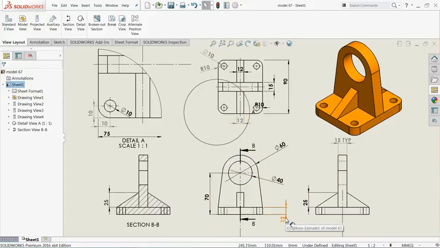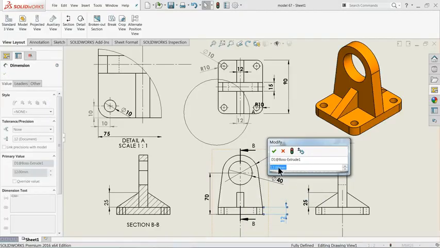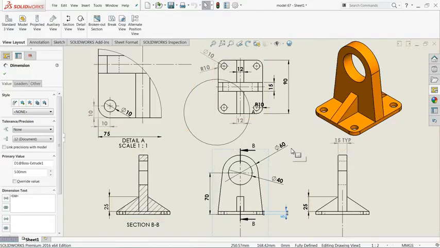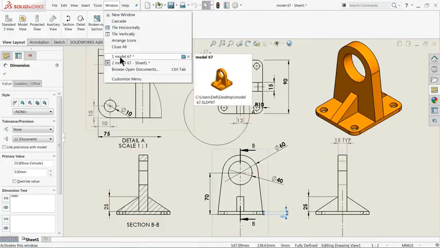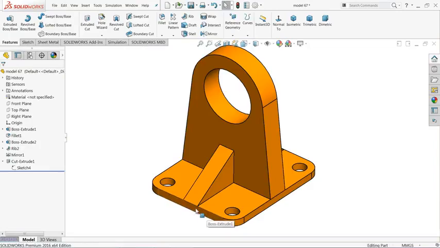See, this thickness is 12 millimeters. So double click on this and here we will change the dimension. Let me change it to 5 millimeter. Now click Rebuild. Now see, it's changed. Go to Window and click the model. Now see, it is changed.